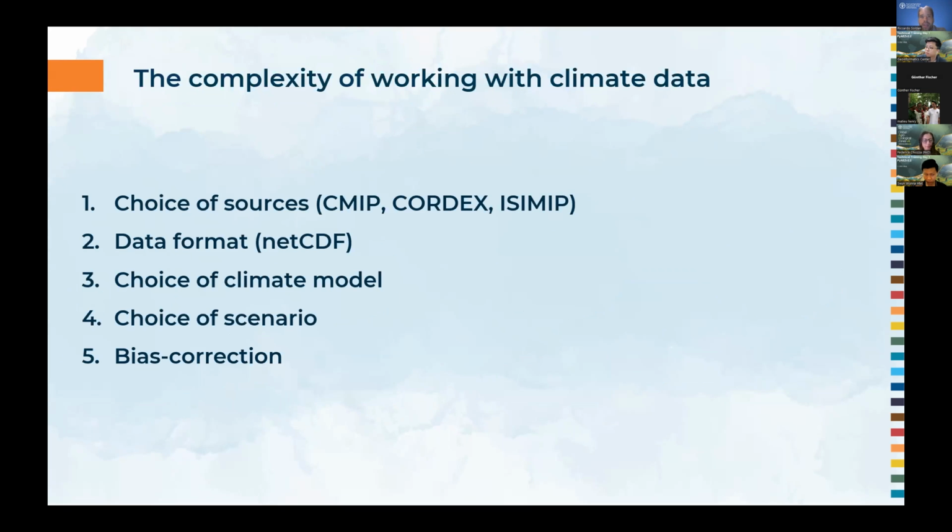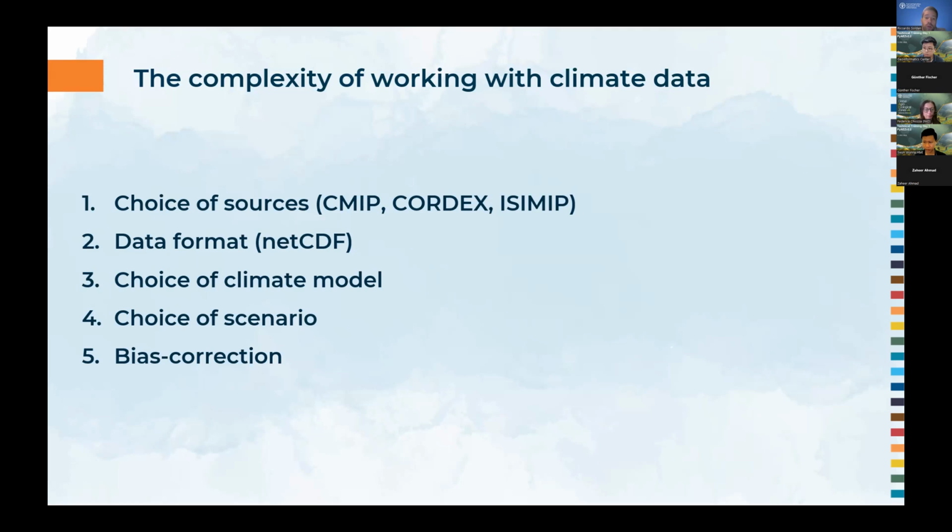So why is it complex to work with climate data? These are some of the complexities. First of all, understanding the source. These are some of the acronyms that you might encounter: CORDEX, CMIP. Also learning how to work with NetCDF files.